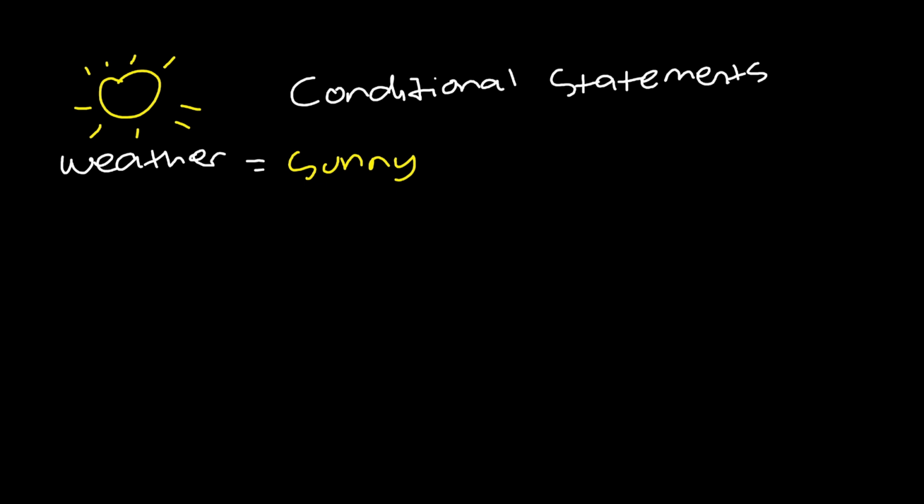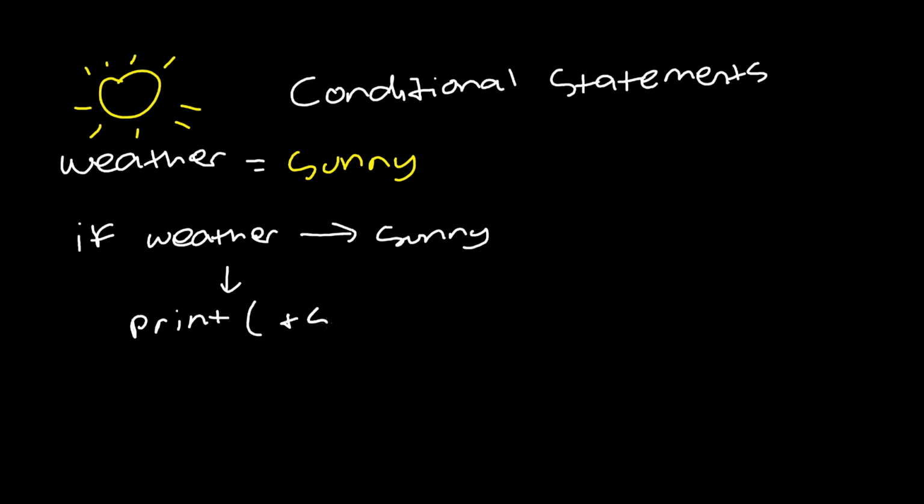So I can do something like, if the weather is sunny, then I want to print t-shirt plus shorts. Now, none of this is actual Java code. This is pseudocode, so that we can conceptualize what conditional statements are before we actually start writing